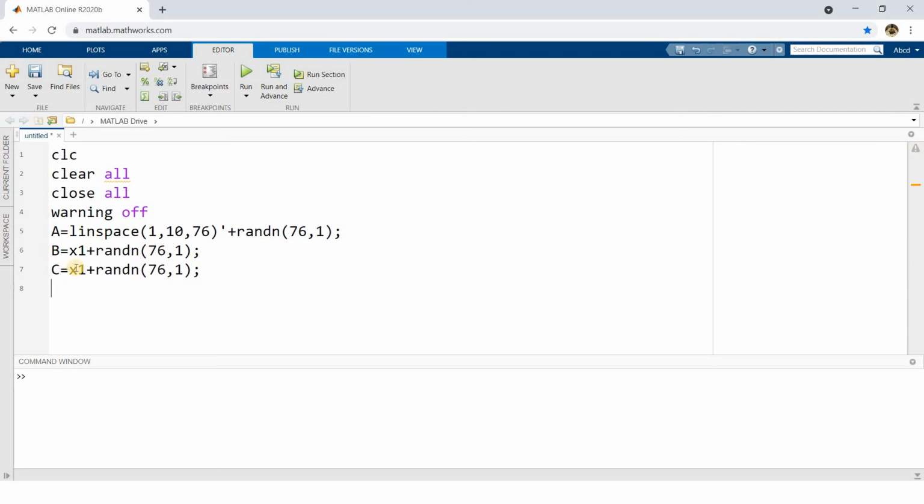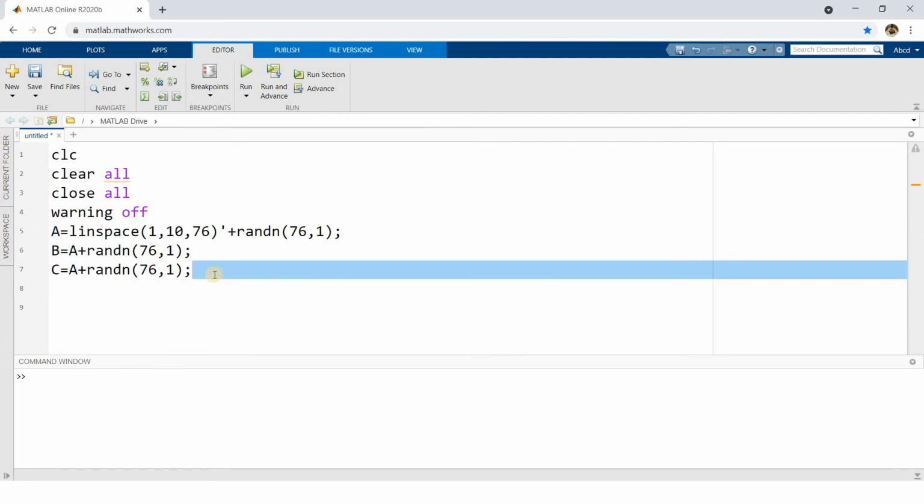Actually B and C are not correlated between themselves if you exclude the effect of x1, because this is a random number and this is also a random number. Two random number sequences are not at all correlated, but due to the presence of x1, which is A here, they will be correlated in this particular case.